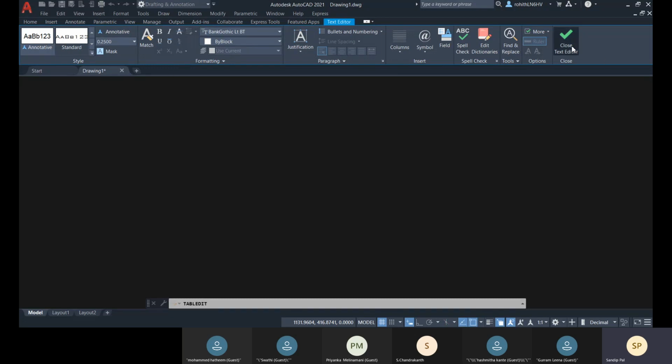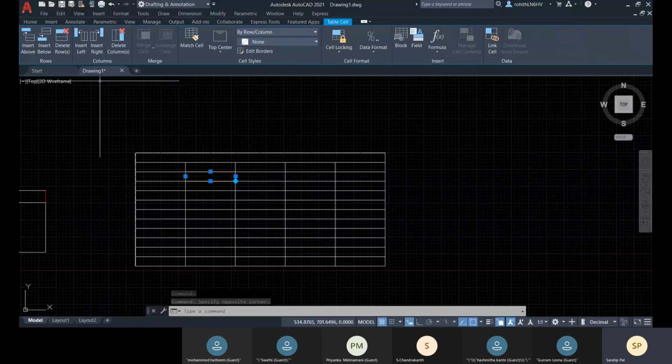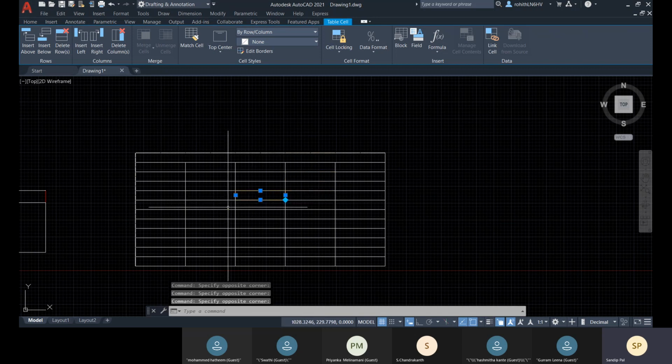You can change the height and everything. And if you select any column or any row, you can change the table cell that is selected like this. Don't double click if you want to edit your table, just select like this.